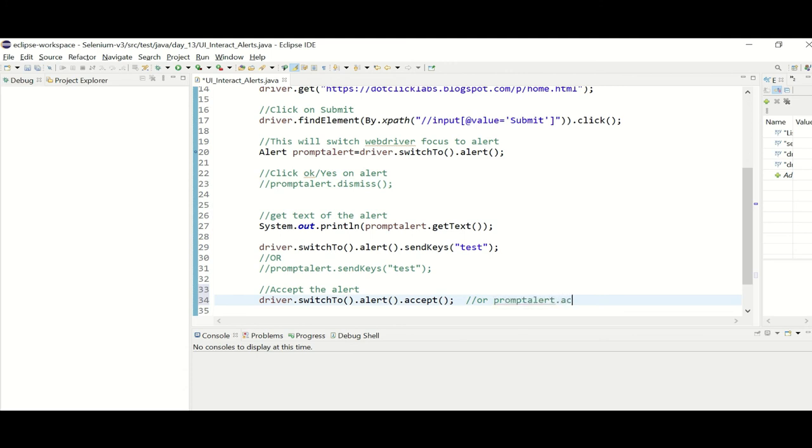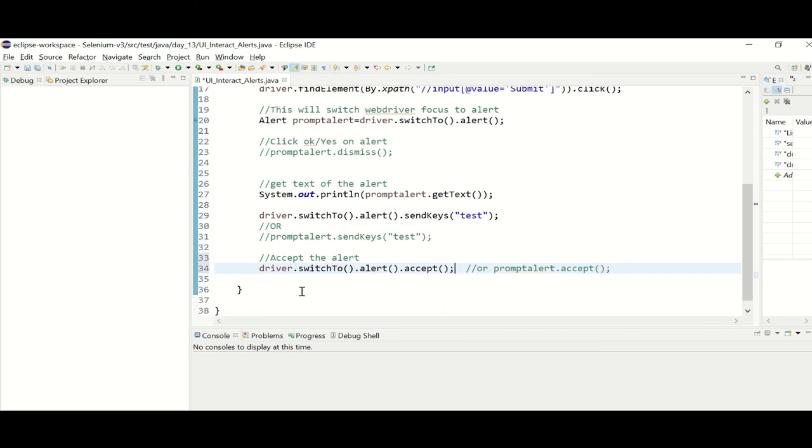And you can use, say, promptAlert.accept() too because the focus is already on that particular prompt alert. So both are same. Okay, so we will see this example now.